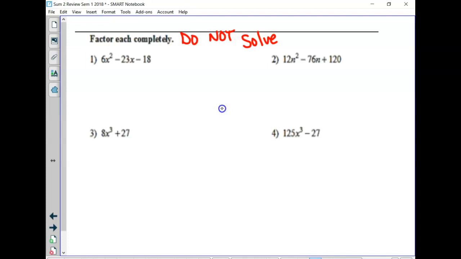Let's just do, which one do you want to do? Number 1, maybe? There's a lot of factors for 6 and for 18. I think on number 2, you could maybe take out a 4 or something before you start that one. But, you want me to try 6 and 1 or 3 and 2? Don't tell me the right answer. Just tell me what you want to try. 3 and 2. For 18, you want to try 6 and 3, 9 and 2, 18 and 1,